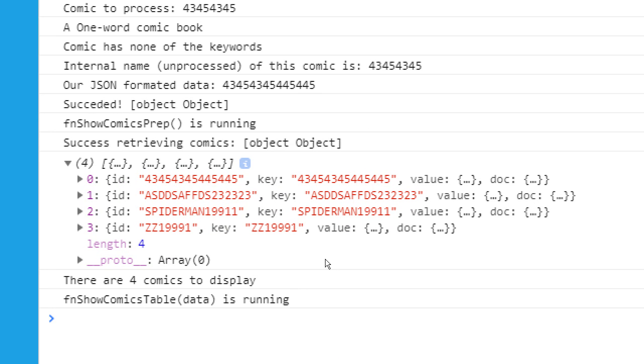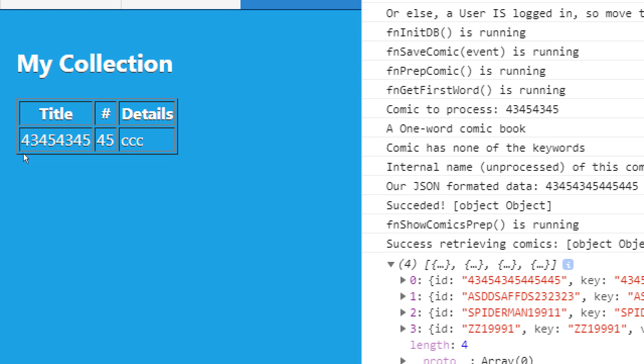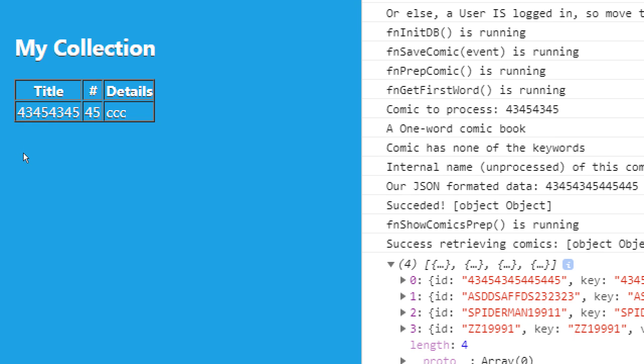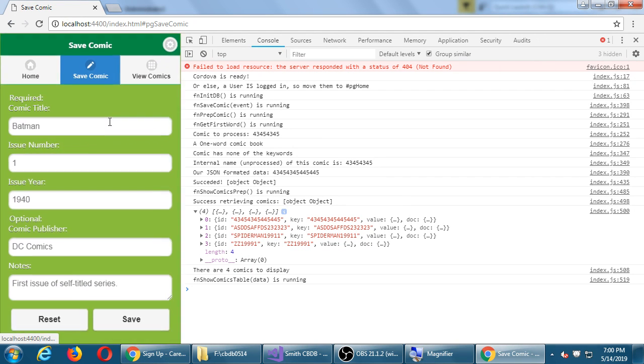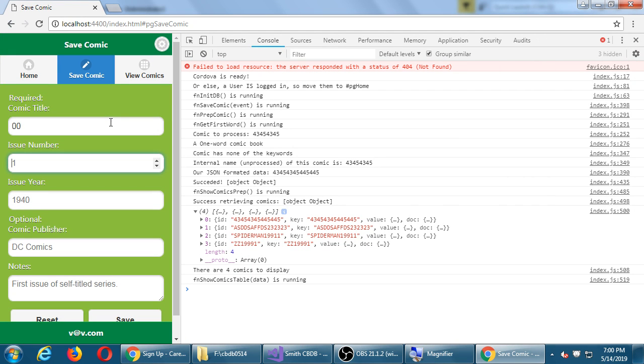So I've started to save these items in my database because it's putting it alphabetically, and I'm just putting gibberish here. Okay, comic 434 comes before comic ASD, comes before comic Spider-Man, comes before comic ZZ. So the first thing it's showing me is that comic. It just so happens to be the last one that I wrote, just because alphabetically. Okay, if I put in comic 00,